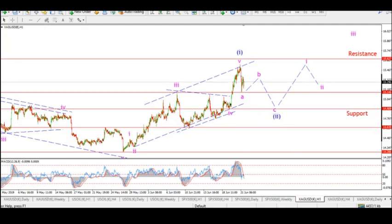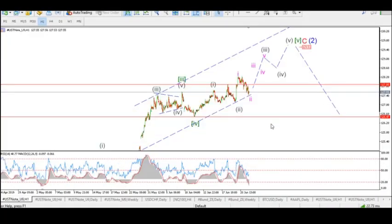But we have a significant support level there at the previous 4th wave, so that's 1490. And if we get a 3-wave correction into that and then a bounce higher again, that'll be our kind of bullish signal in general that we're going to rally up in a 3rd wave, and I'll be